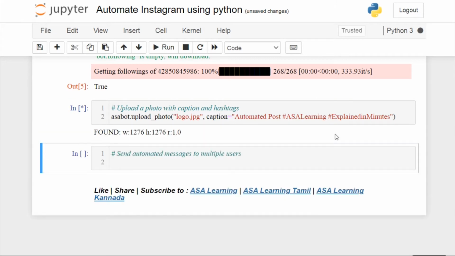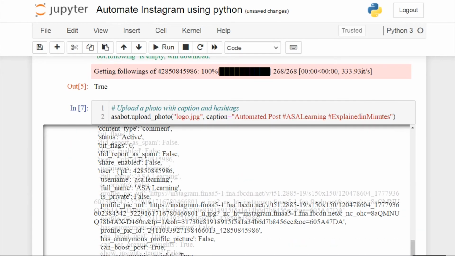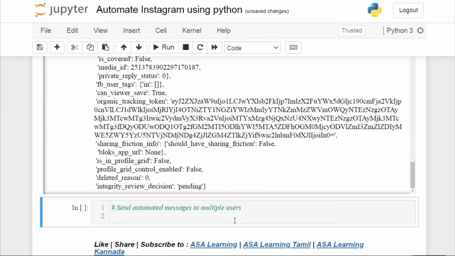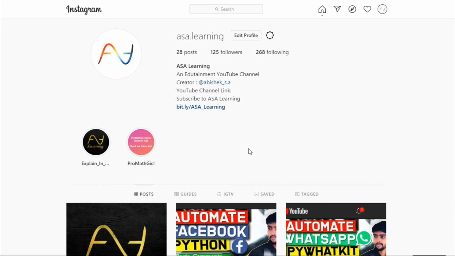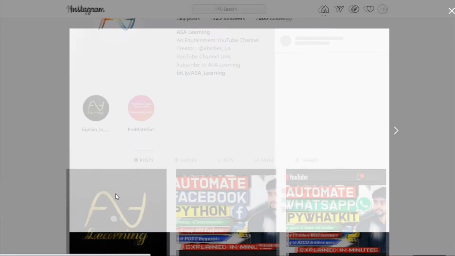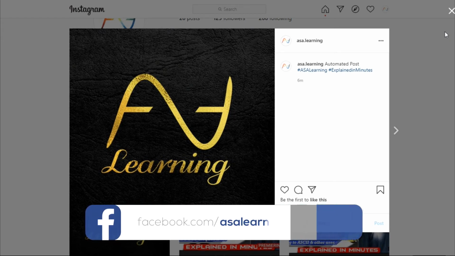It should upload our photo with the caption. It returns the width and height of the photo and we have a JSON response as well. So now let's get back to the Instagram page and we will refresh it to see our photo. So I'll refresh this page now. After refreshing, we got our photo automatically with the caption and hashtags. As simple as that, right? So this is an automated post from our Python code. Thanks to the Instabot library, in just a single line of code, we are able to upload photos to Instagram.